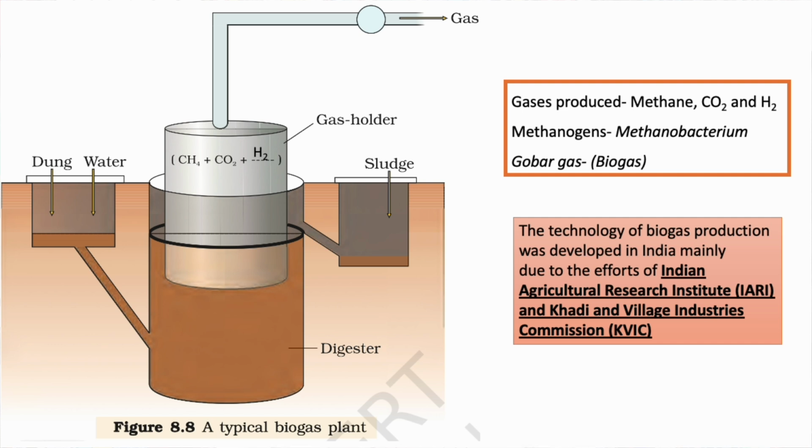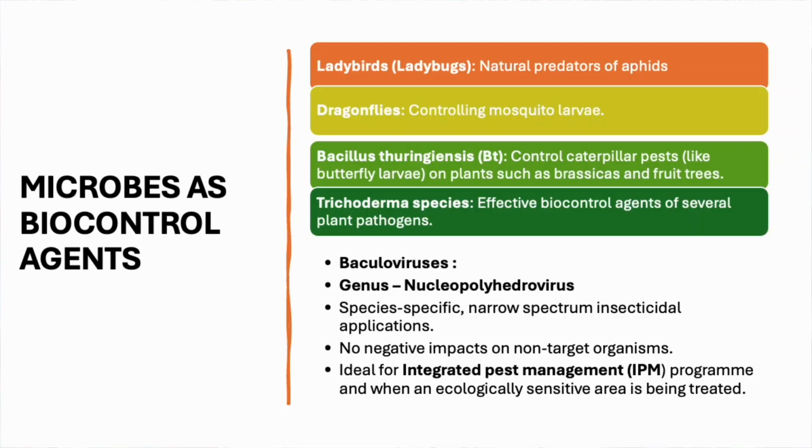This picture of a biogas plant is an important picture which had been asked as a picture-based question for drawing and labeling also. Gases present in biogas and the role of Indian Agricultural Research Institute and Khadi and Village Industries Commission. After that, we learn how microbes are used in the field of agriculture, where first of all we learn